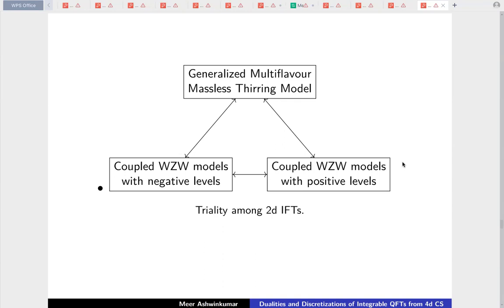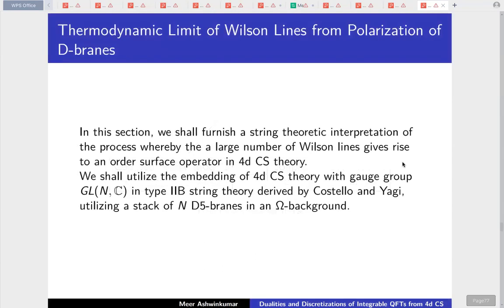Okay. And in the remaining few minutes, I just want to mention that an additional result that we have derived in our paper is the interpretation of the discretization of surface defects, or in other words, the thermodynamic limit of the Wilson lines, in terms of string theory. So the string theoretic interpretation of the thermodynamic limit of the Wilson lines is in terms of the Myers effect